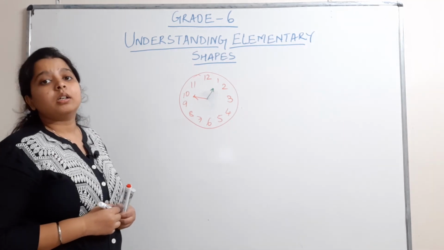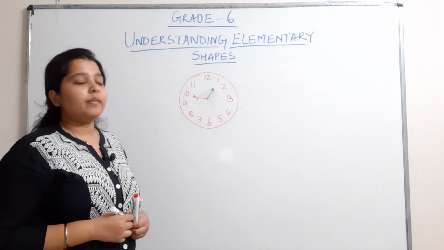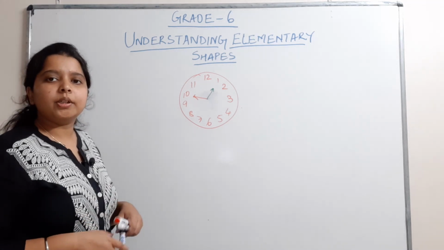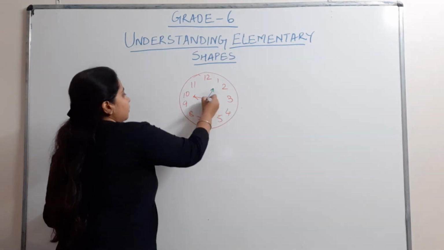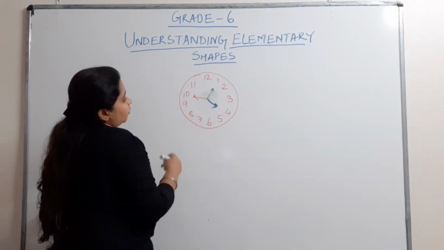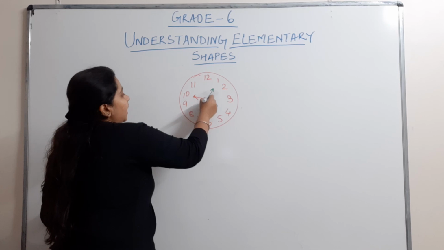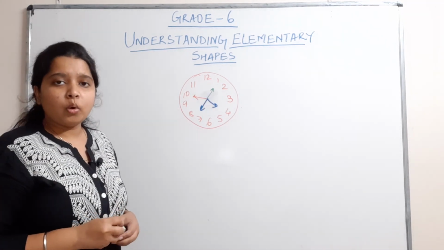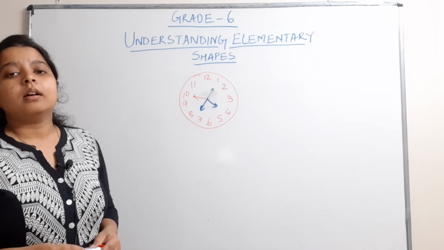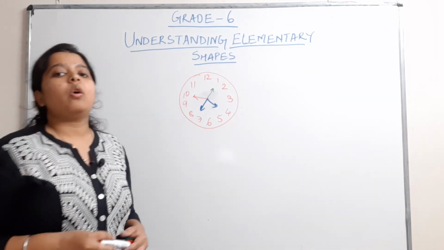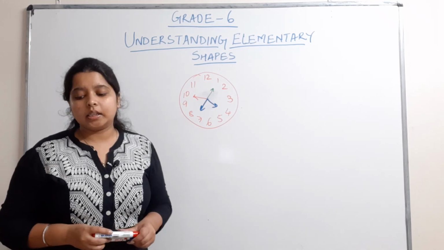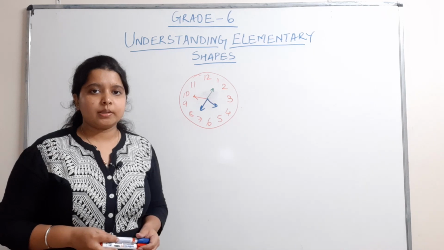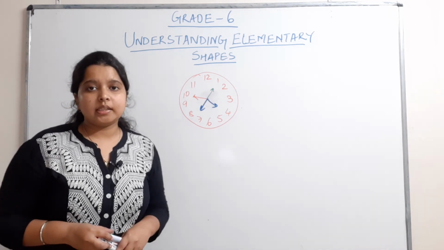And what about 2 right angles? Where will it reach after completing 2 right angles? Very good, 3 more numbers, that is 4. And one more right angle, it will reach 7. So like this, we know where the hour hand reaches after completing 1/4 of a revolution, or 2 right angles, or 3 right angles. Okay. So this was all for today's class, students.